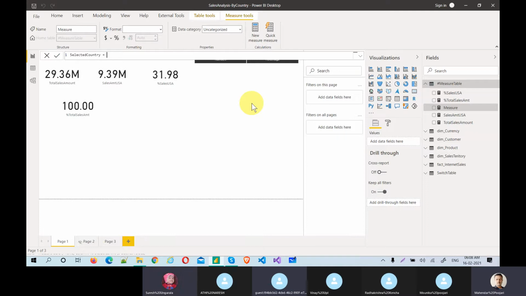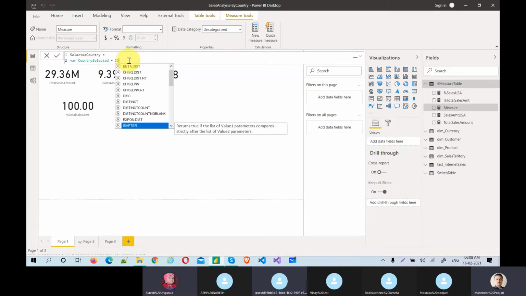This time I would like to introduce a variable. The variable name is country selected. Variable names come in blue color when I say VAR and then give it. Now this variable should be the filter of a country, so whatever the country is filtered, that value is passed to this country selected variable. For that, ISFILTERED is another function.